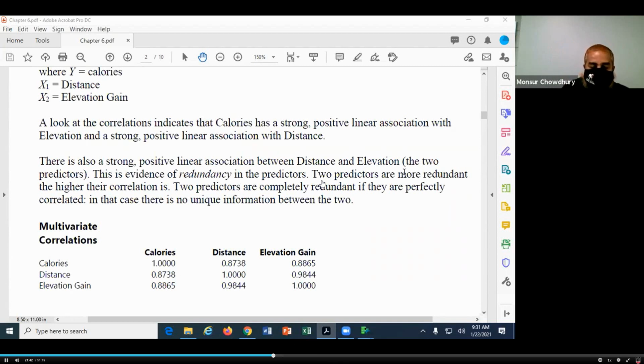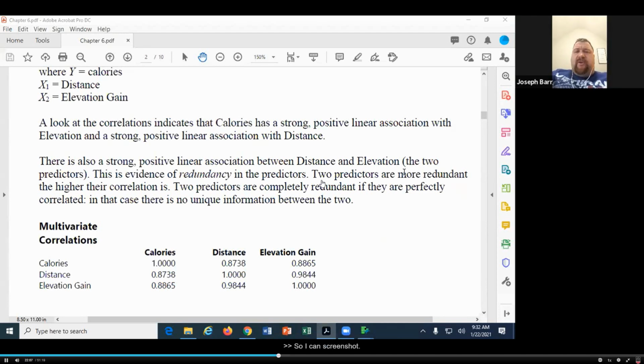So you need to interpret, like whenever I ask you a question, what is the interpretation of the PRE, you need to know how to interpret this, that you already learned in the last chapters. Or if I ask you what is the interpretation of the slope, then you have to interpret it. Also, sometimes you need to write the tables or the output that you got from the JMP. Okay, so like a screenshot.